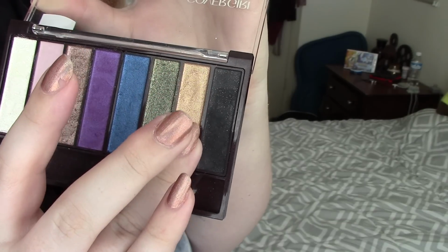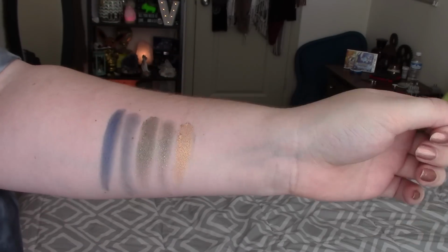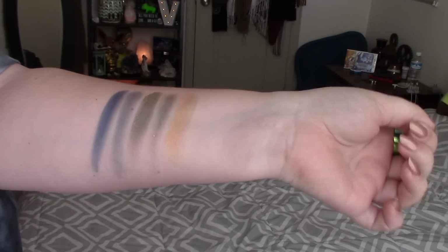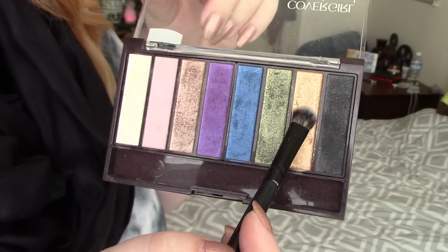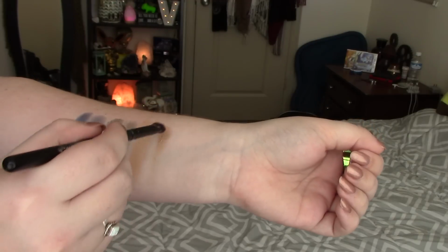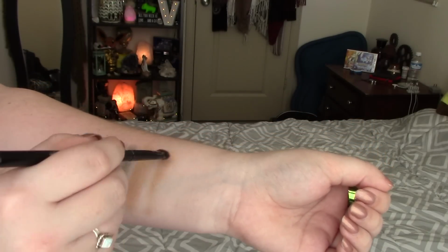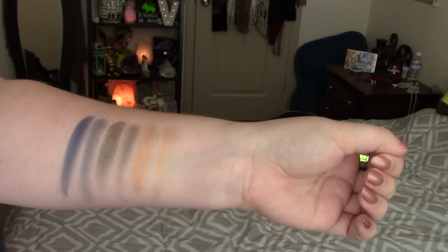And then the next one, number 7, is called Gold Ore. This one is beautiful, you guys. It swatches beautifully. It applies beautifully. I used this with the little sponge that came in the palette the other day and applied it all over, and it is a beautiful shade. It is definitely the creamiest out of all the colors, and so it does get some powder fallout to it,